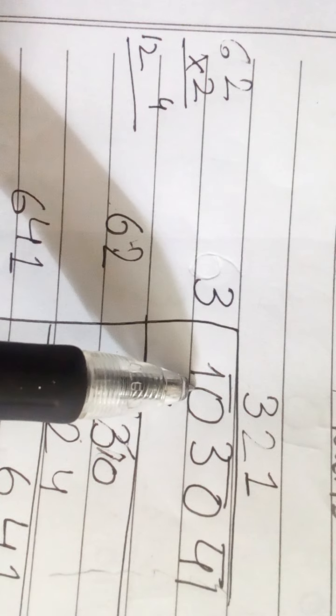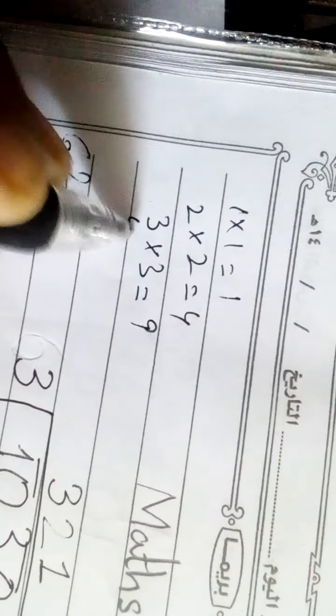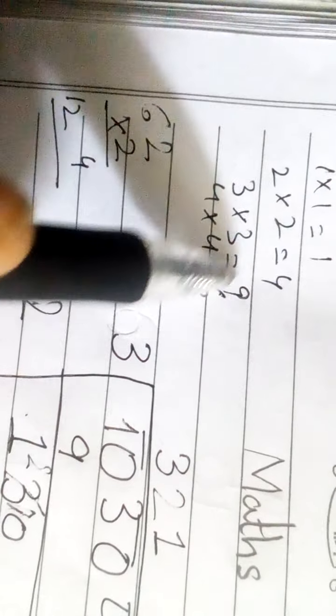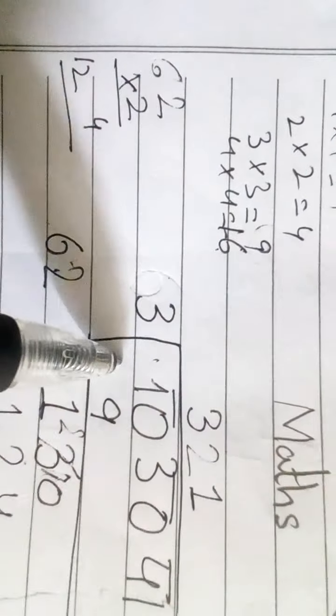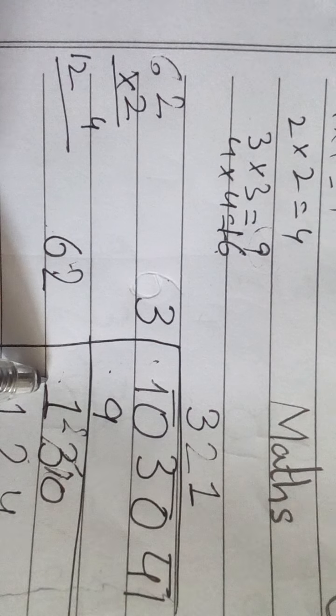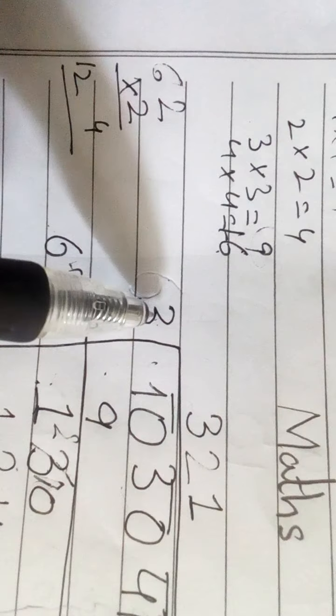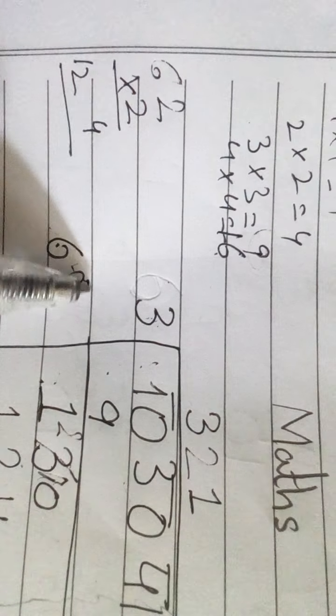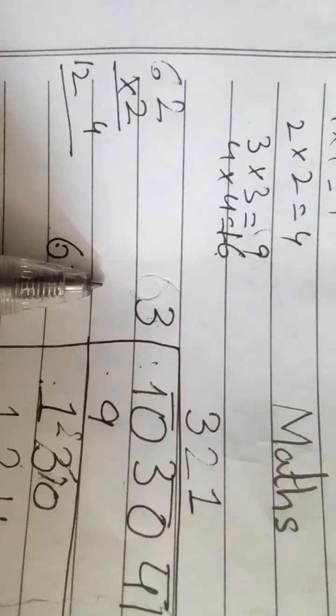You write here 1 ones are 1, 2 twos are 4, 3 threes are 9 and 4 fours are 16. What do we write here? 3 threes are 9. 9 is the nearest to 10. 3 threes are 9. 10 minus 9 will be 1. So 1 is the very smallest number. This 30 will come down. This 3, add another number 3, and we write here 6. Okay. Now 6 is the only number here and here is the 130.